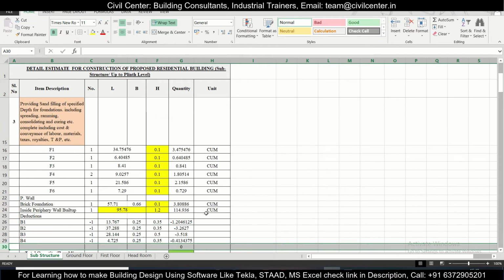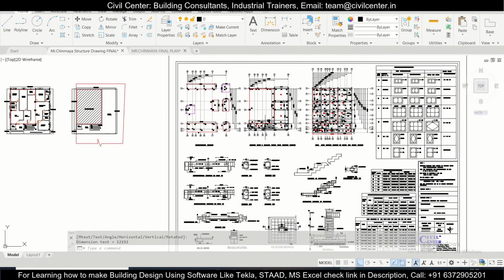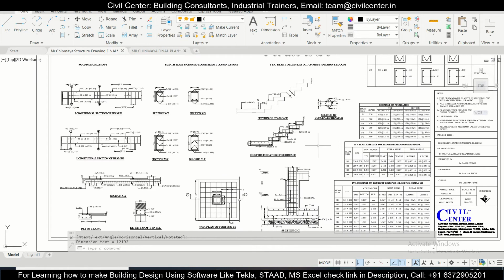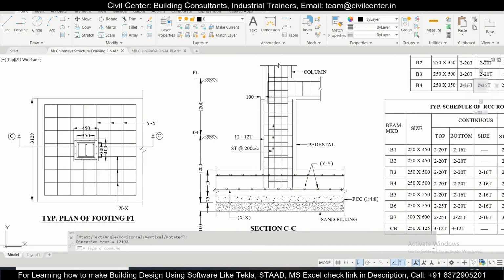Okay, so we have 6 types of footing here. Now if you check the depth of the footing, the depth of the footing is 1.2 meter, and the depth of the periphery wall will be exactly 0.6 meter.